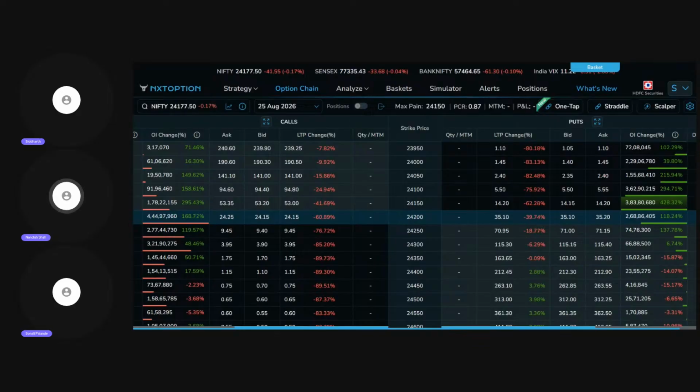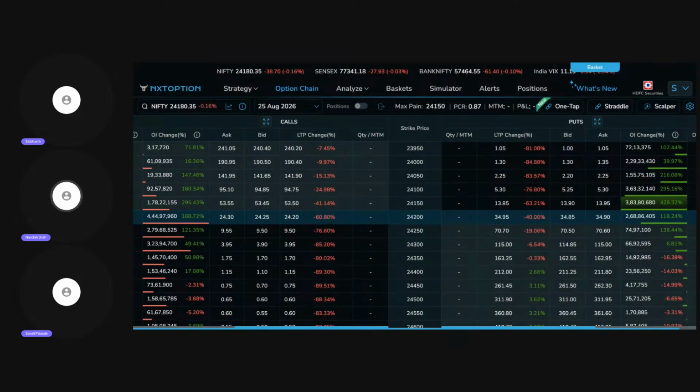However, this is for those who want to take less risk and those who want to take positions on the buy side. Now, for those who want to take slightly more risk, those who are pro traders, our advice is to sell 24,200 call and sell 24,100 put. Keep a stop loss of 24,220 on the upper side and a stop loss of 24,080 on the lower side. So those who want to take higher risk, those who understand options clearly, can create a short strangle position, selling a 24,200 call and selling a 24,100 put.